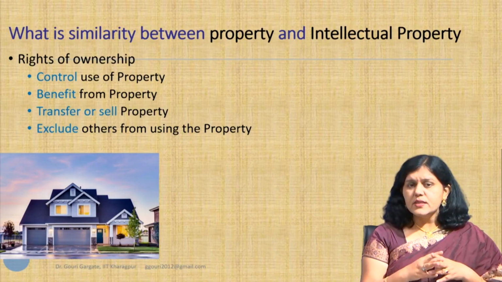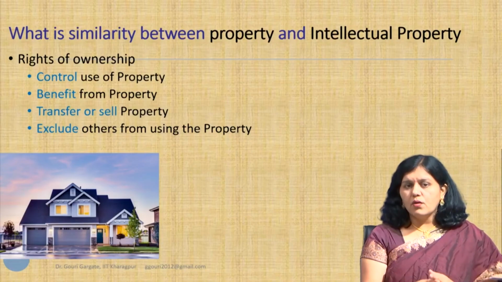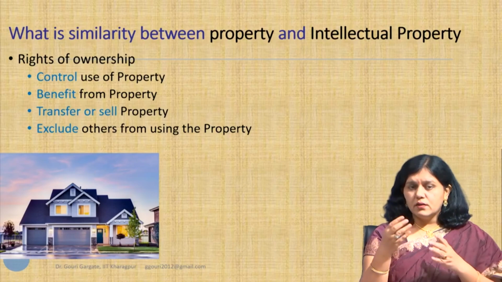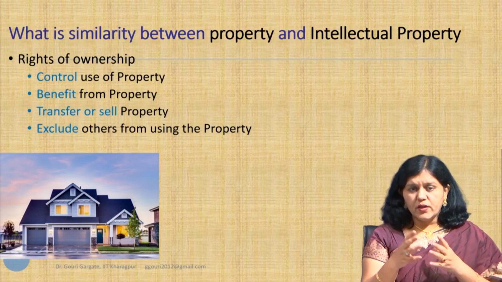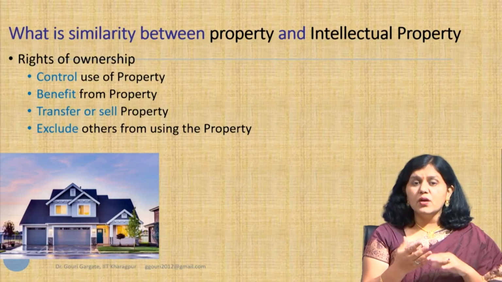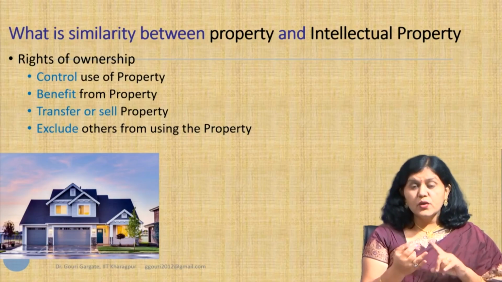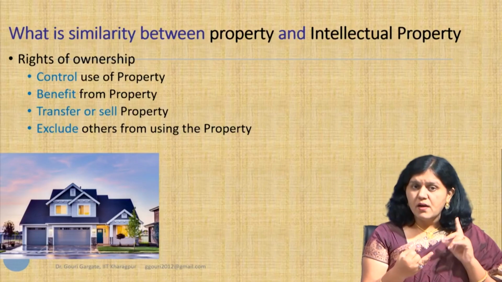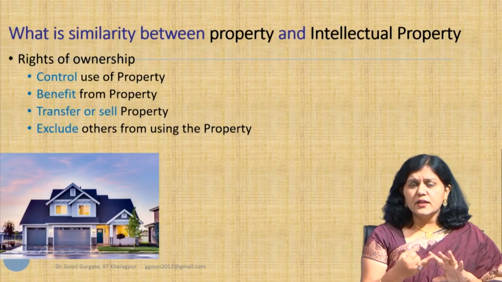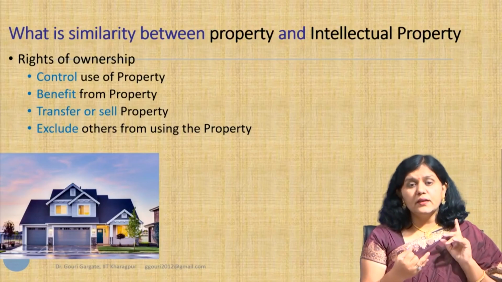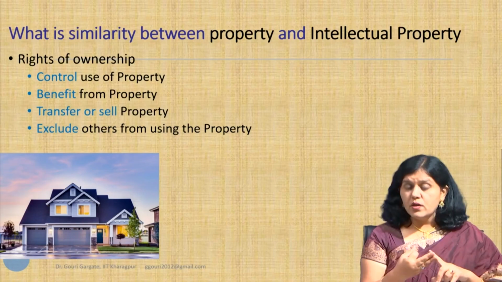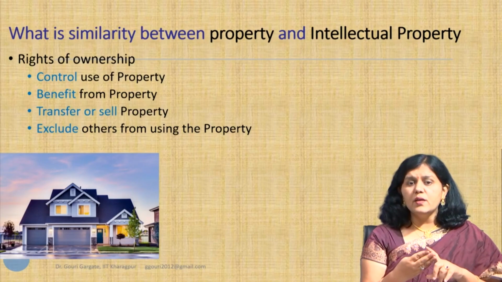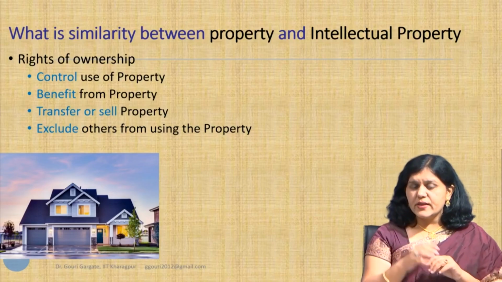So you do all these things with your flat or a car or any property. Similarly, when you own the right over intellectual property, you do the same thing. You control the use of a patent, and the use of a trademark if you have one. Obviously, if you enter entrepreneurship, there is a 90% chance that you will own some trademark. If copyright is there, you will not allow anybody to use that copyrighted material. You will not allow anybody to copy your design if your product has a specific design.